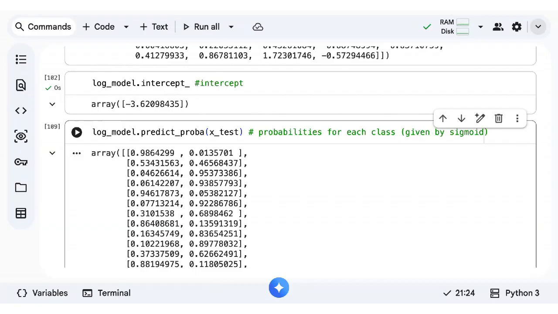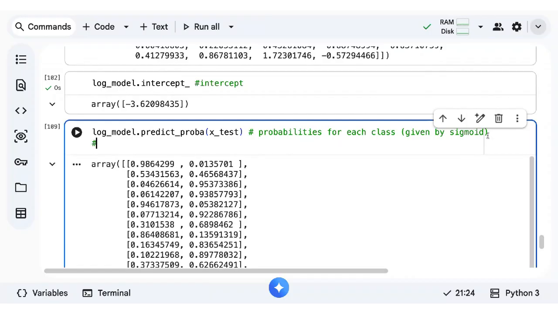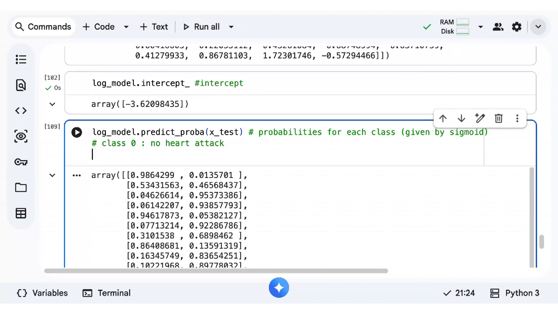First value represents the probability of class 0. That means we have two values now in heart disease. Class 0 means no heart attack, and class 1 means it's a heart attack. Yes, now I got it.